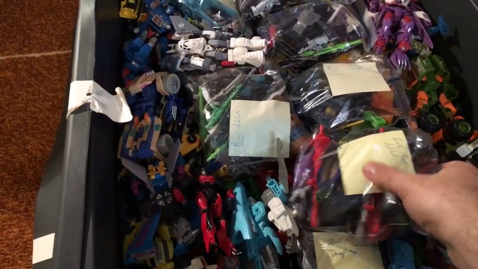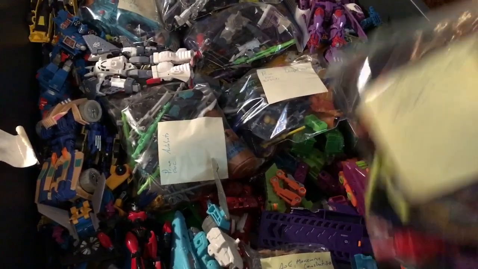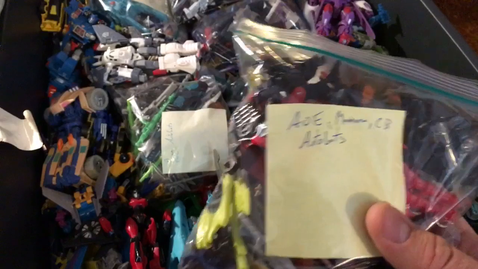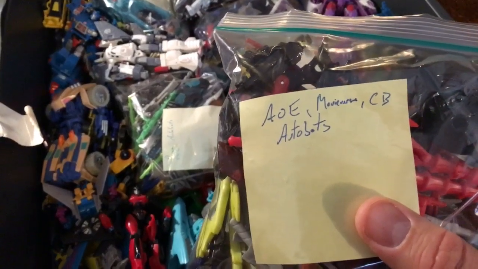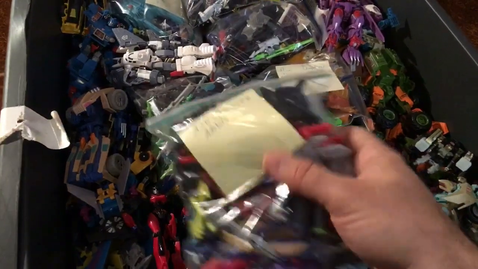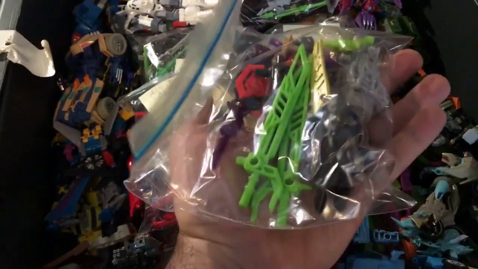Lid's coming off. You can already see what I got here off the top, but something I also make sure I do when I pack things away, and if you ever move, if you ever change homes, always good to do this: make sure your weapons, your accessories are bagged up and marked off so you have a general idea what's in there. So in here you can see I have Age of Extinction, Movieverse, and CB, which I think is Construct Bots, Autobot stuff. And so I split my accessories up by faction too, just so that they are handy. You see the same thing, AoE, Movieverse, Construct Bots, Decepticons, and you can see there are a handful of accessories in here. Most likely not taking out the accessories today,